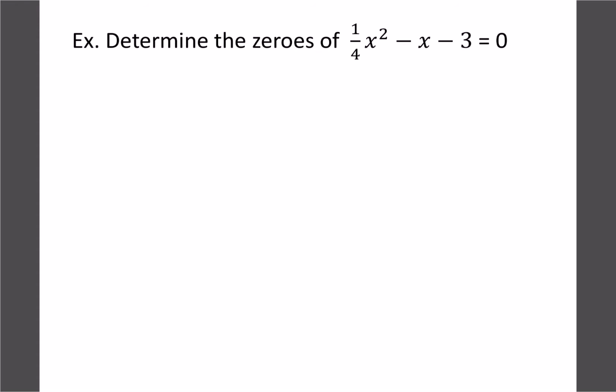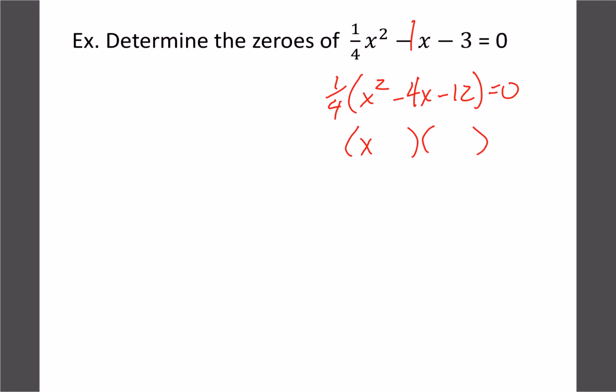Okay, next question, same sort of thing. We got this quarter, so we can actually take out that quarter. So we'd have x squared. Here we have 1 divided by a quarter would actually be 4. We've got to be careful there, we're going backwards. 3 divided by a quarter would give us 12. So now our factors would be